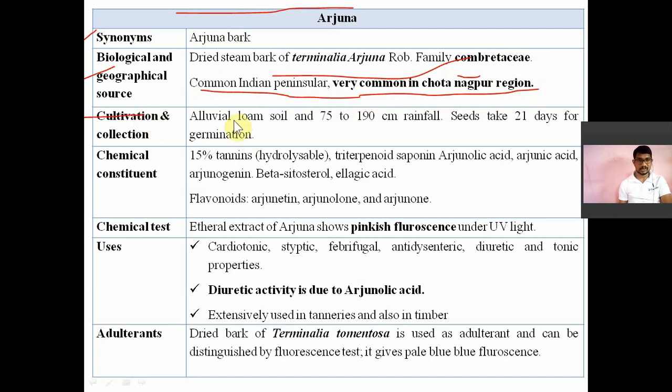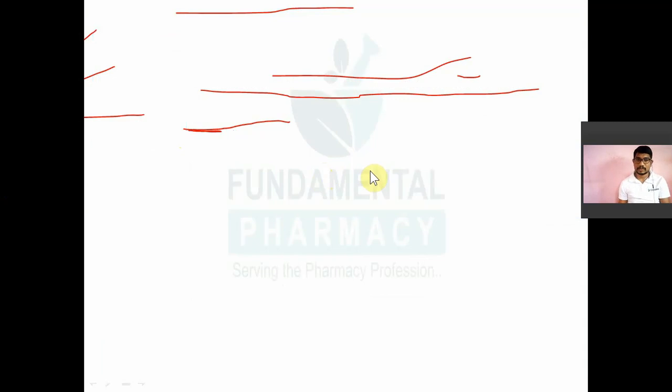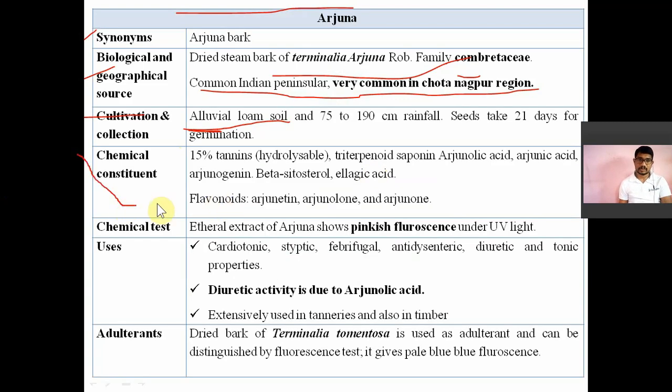Division collection is not important. The plant requires real loamy soil and 70 to 190 centimeter rainfall. Seeds take 21 days for germination. Chemical constituents: 15% tannins, which are hydrolyzable. Phenol, saponin,